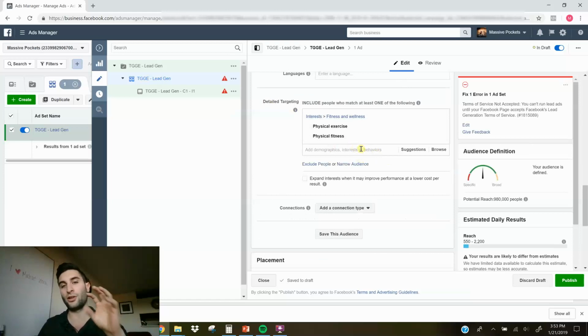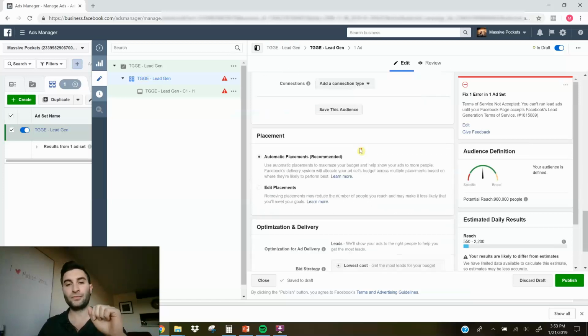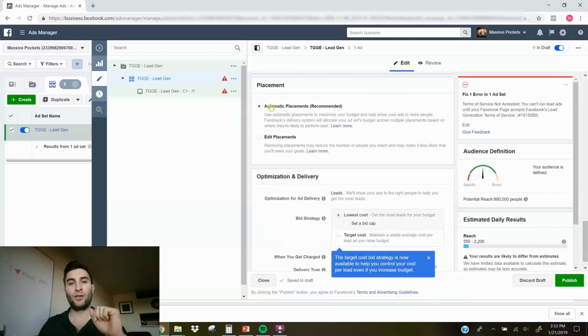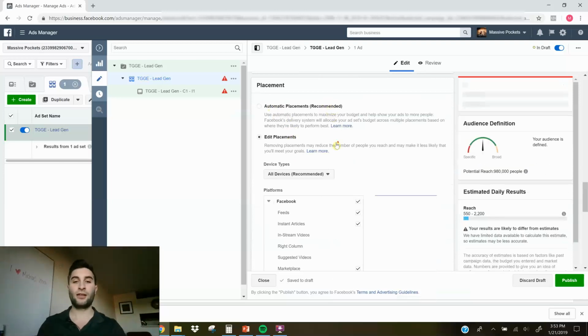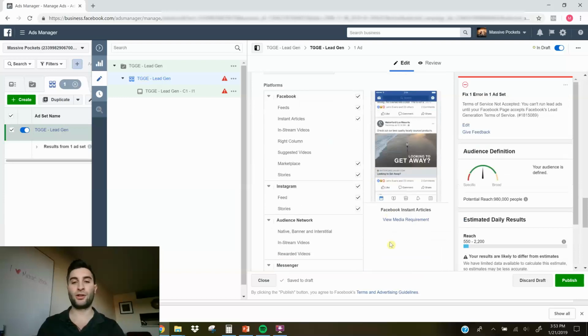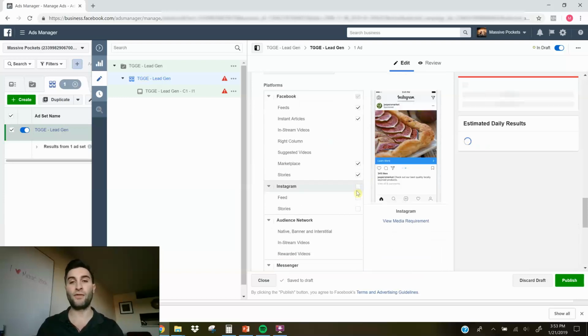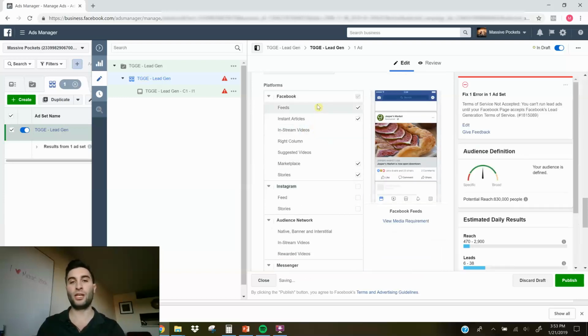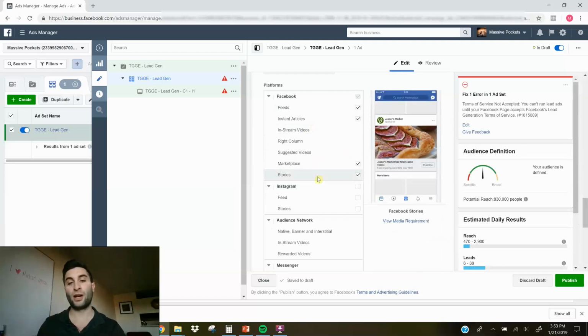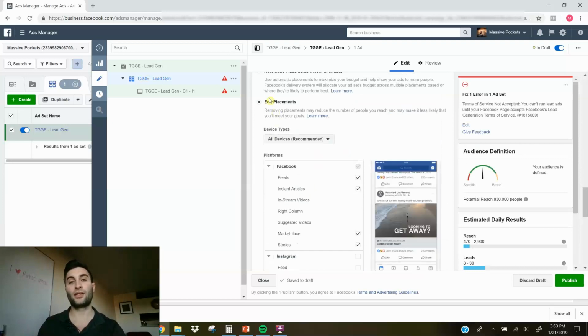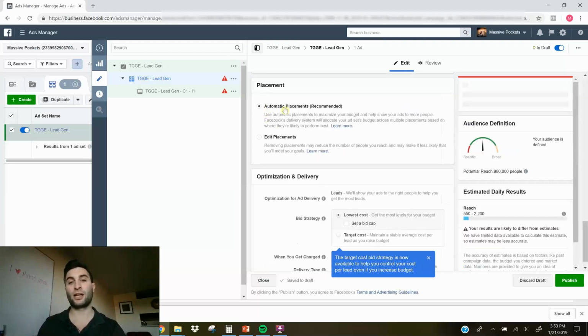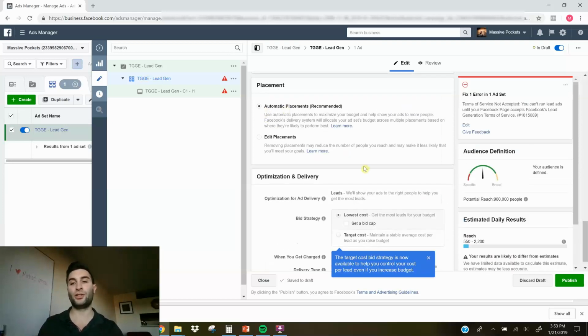So if you go down here to placement, you can just do automatic placement. Typically, I recommend that, as well as Facebook does also. You can click edit placements. For example, if you don't have an Instagram page, you can turn your Instagram page off. And then each one of these has a different function. So if someone's just scrolling down Facebook, this is the feed. This is the typical feed. What I recommend is keeping it at automatic placements, just because it makes it so much easier, and you get